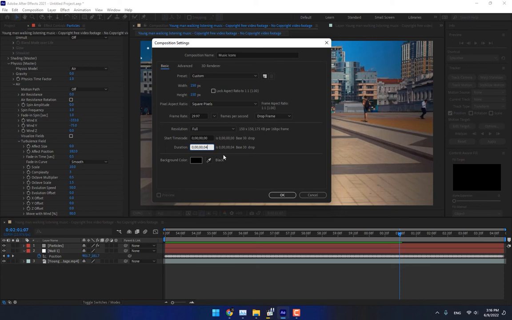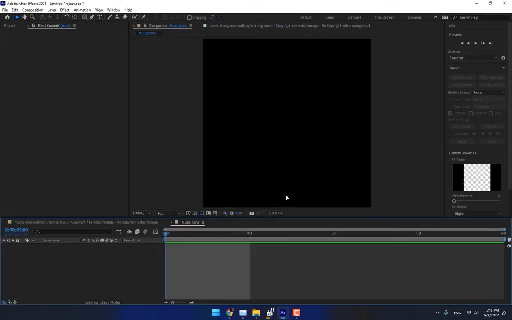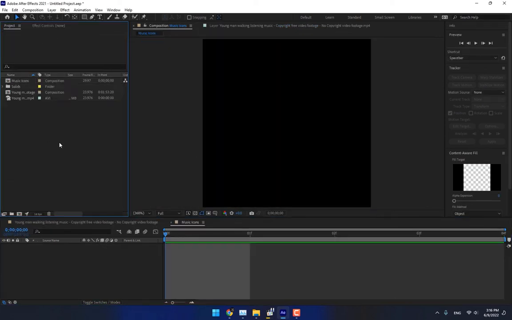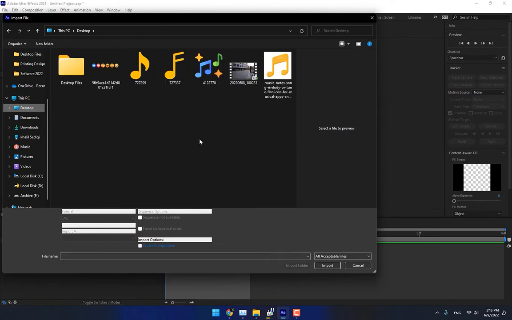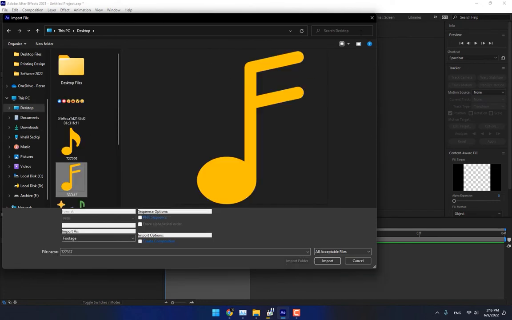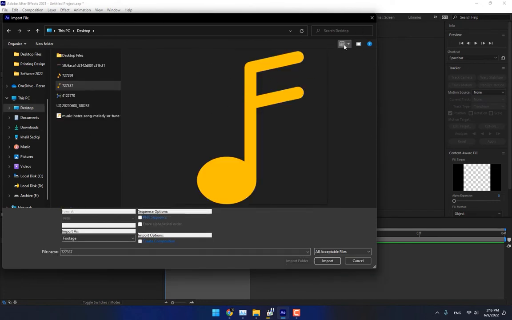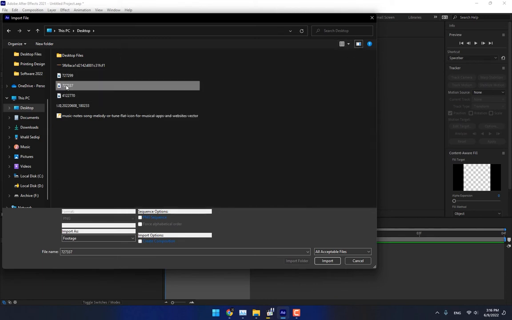I have 4 icons, then I must make the duration 4 frames. Press OK, then go to project, double click, desktop. I have a lot of icons,